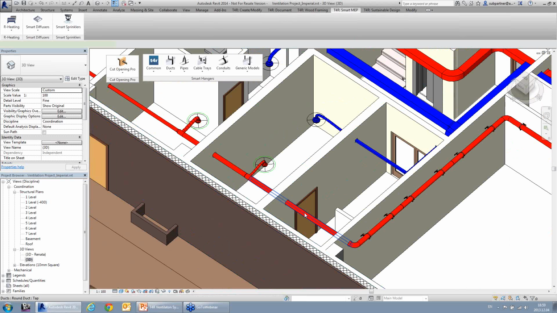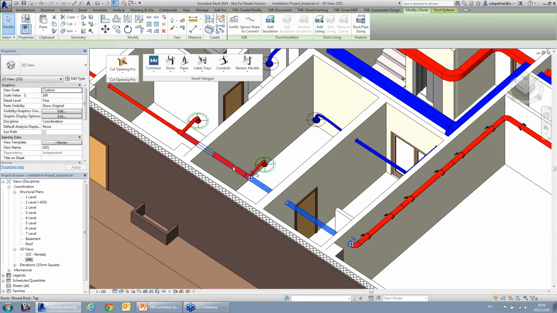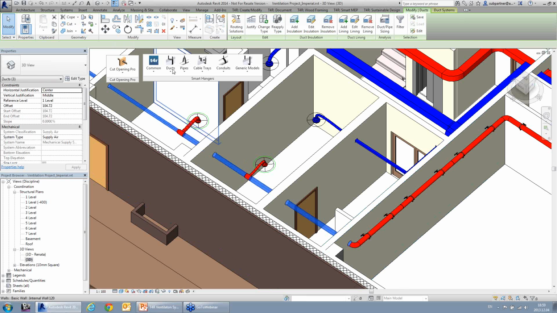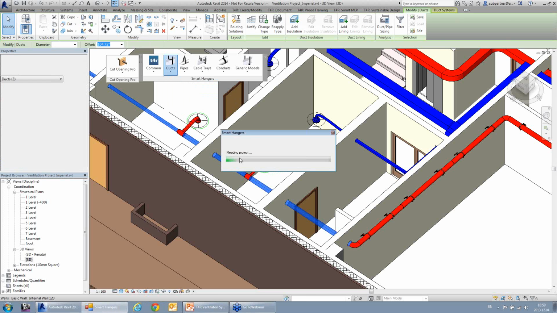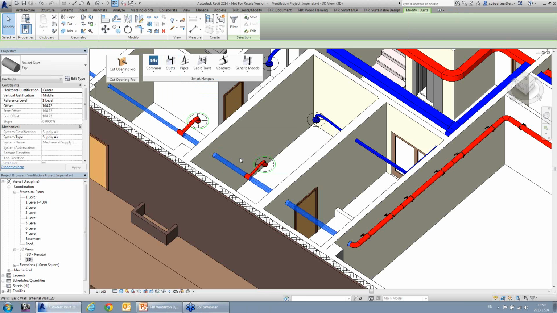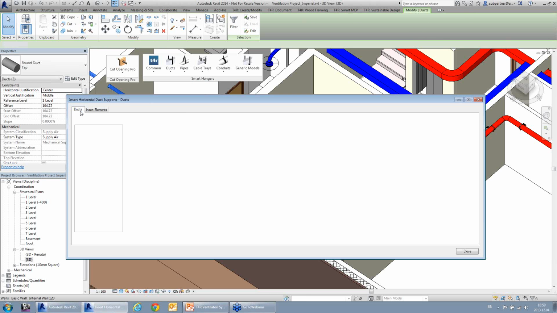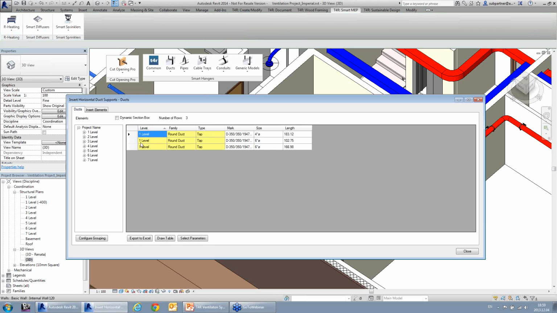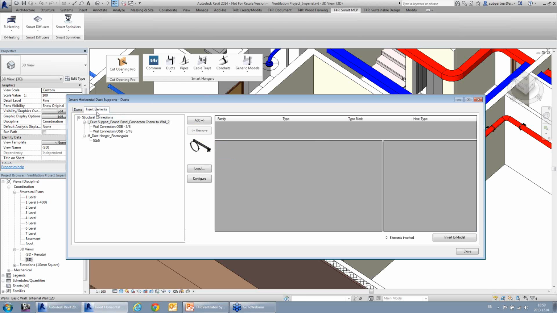The same with the hangers. You can make a filter. You can filter the families that has to be the ducts where the hangers has to be distributed, or you can pick them from the model. So again, if we will do that with horizontal duct supports, as you see, you can go into the first tab with the ducts, and here you will get the list of all ducts that are created in the project. So you can make a filter, or your selected ducts will be automatically selected here in the dialog, and we will add those elements for